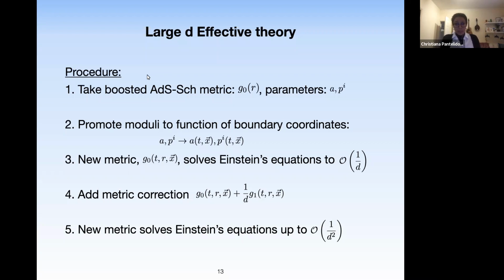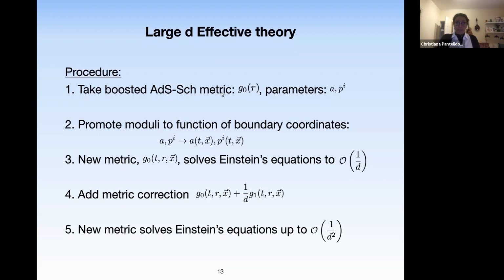Our starting point is just like before, the AdS Schwarzschild metric, which here I collectively denote by G0. This is a function of the radial direction r. And as I said earlier, it depends on one constant, the radius of the horizon, or equivalently, the energy density, which I denote by A. Now, this is a black brane configuration, so we can just boost it, say by a momentum P. So we get a new metric that actually now depends on two constants,